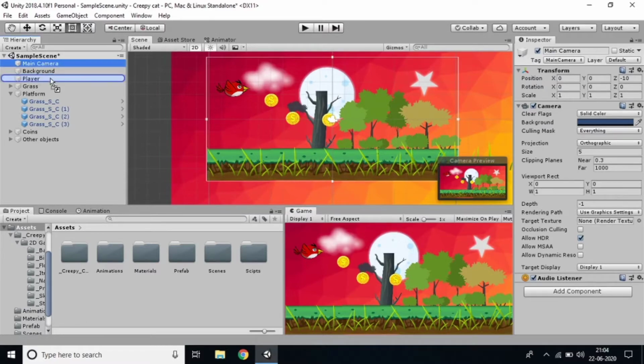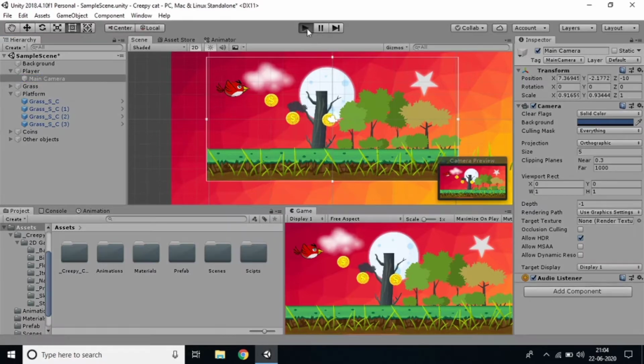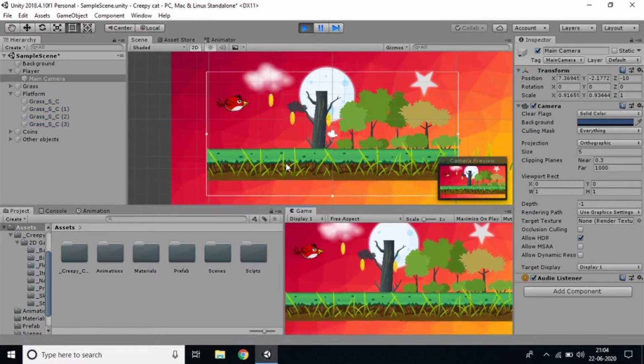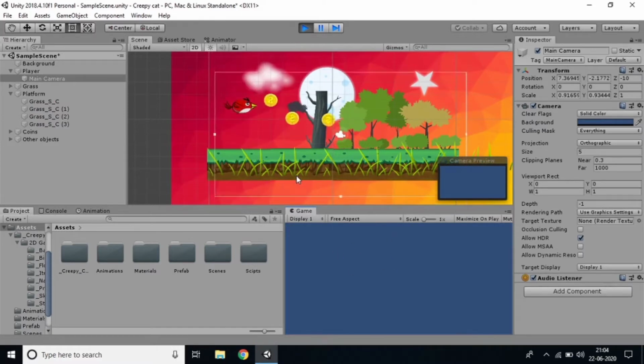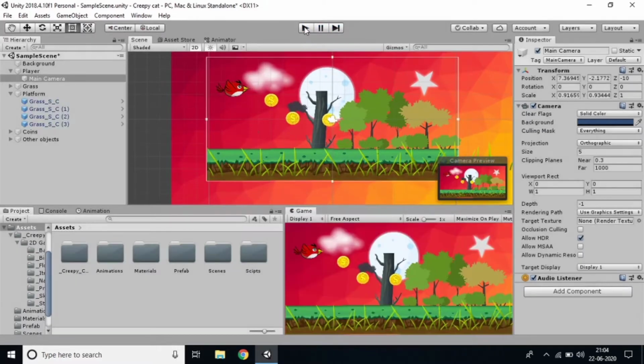I'll drag this camera and make it a child of the player. That means the parent is the player and the child is the main camera. So the child main camera acquires all properties from the player, right? So if the player moves, then automatically the camera also moves. Just watch, is it working or not? We can see here, it's not working, because of the difference in the x-axis and z-axis, mainly the x and y-axis. So it's not working, right? So just keep that aside and we'll write the code for camera movement.